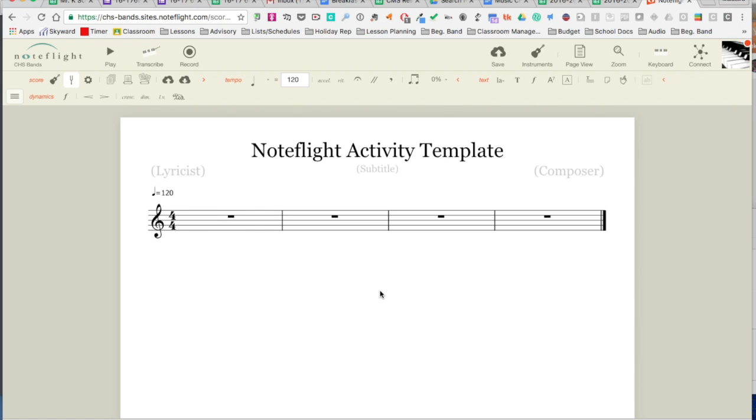This is just how to get set up in a Noteflight activity template that we will do in class from time to time. I give you just a blank template, which will be the default, a treble clef one-line piano staff. And so the first couple steps, obviously if you're not into Noteflight yet, make sure you use the